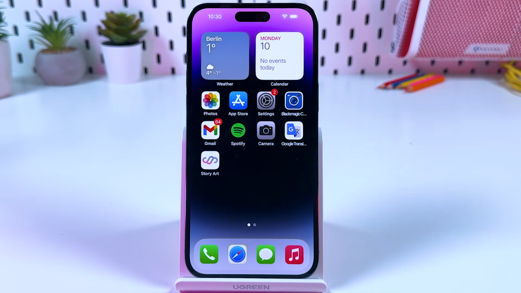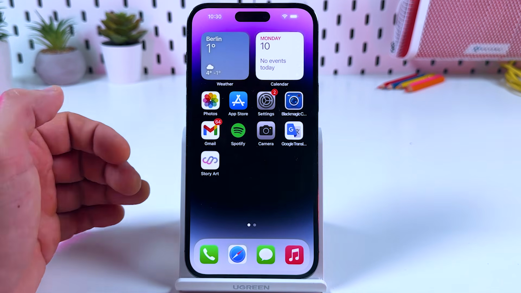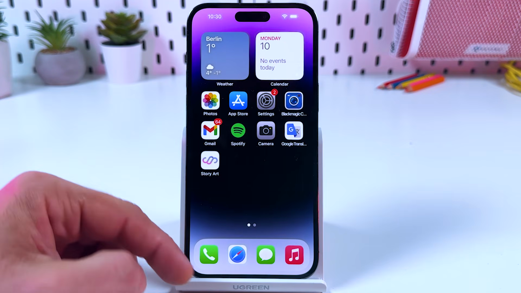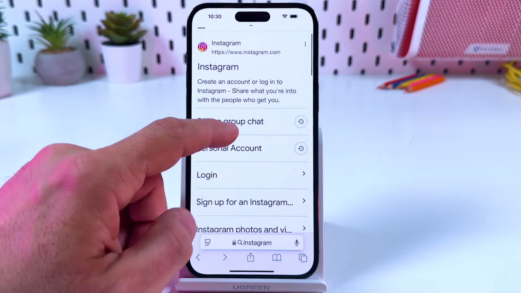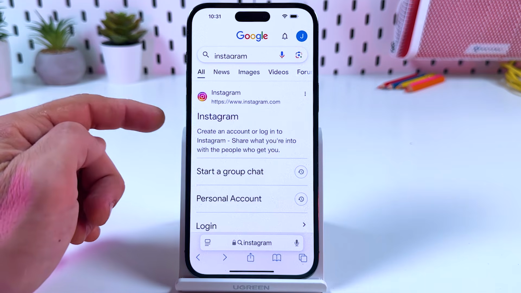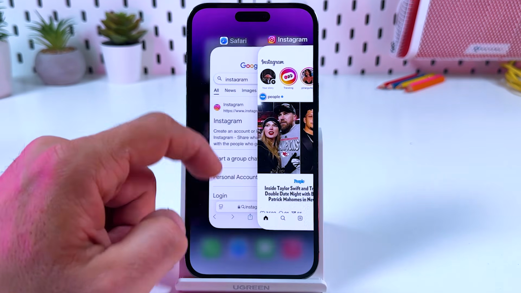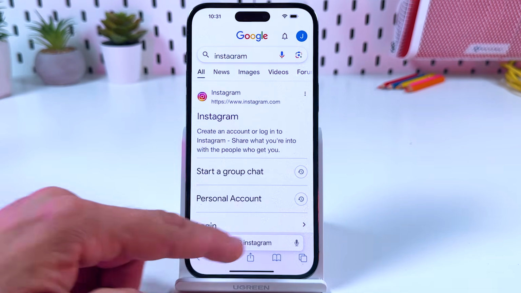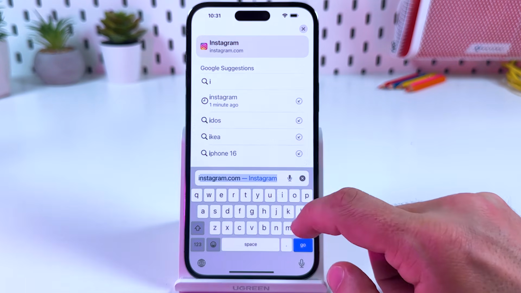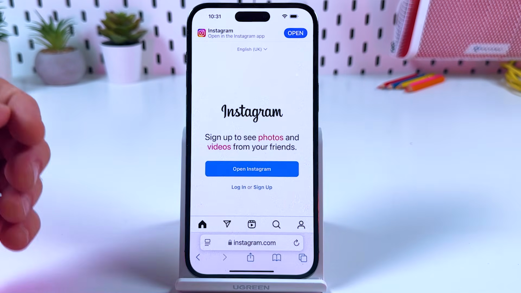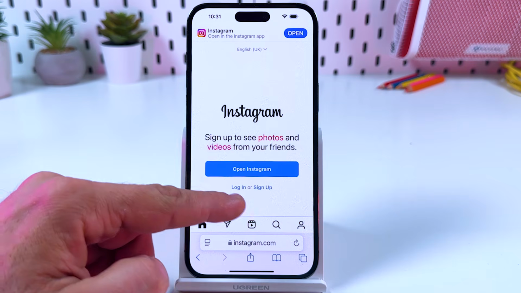And one more way to see your password is to use the web version of Instagram. To do this on your Android device or iPhone, go to a web browser, and here don't use Google search for Instagram because it automatically takes you to the application. Instead, tap on the search bar and type in exactly instagram.com. Then tap on Go, it takes you to the web version,